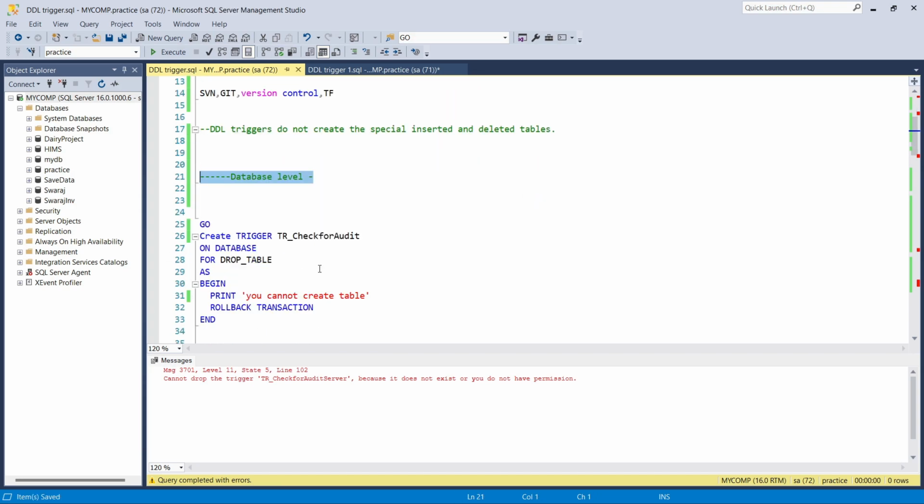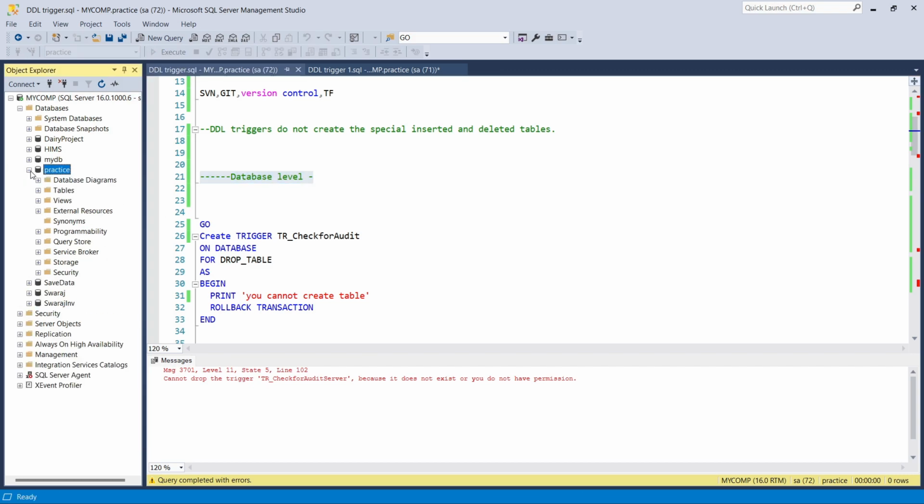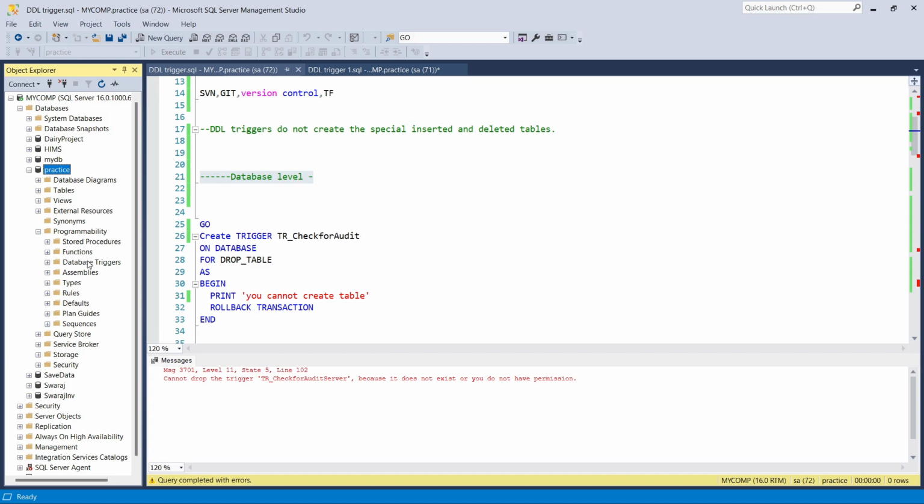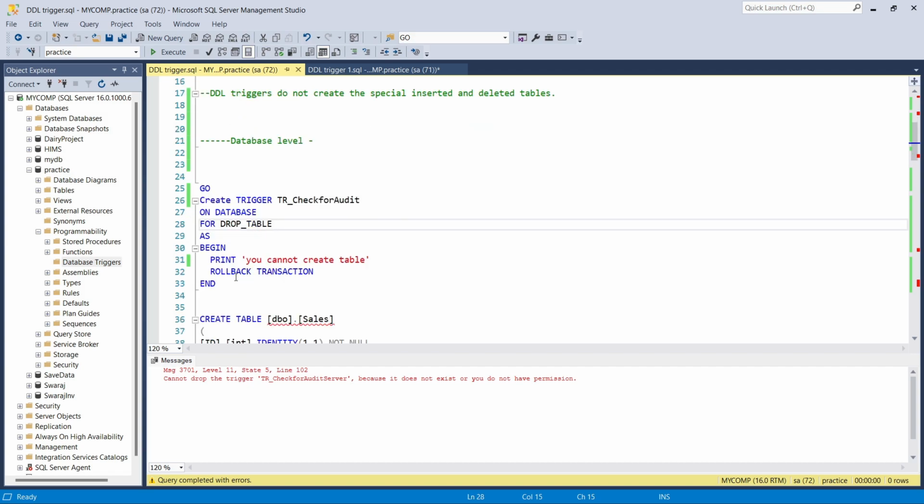Database level means, let's say here is the practice database, correct. And where do we see database level triggers? First of all, there is Programmability, and there are stored procedures, functions, and database triggers. First of all, refresh it so that you will get the triggers list here. And what I am doing, what is the use case? Let's say